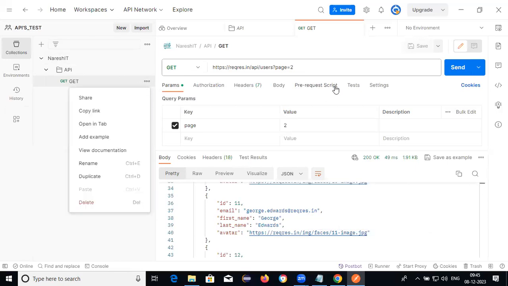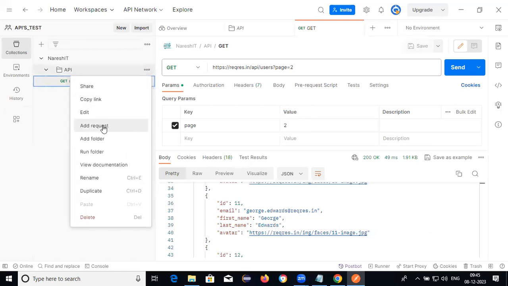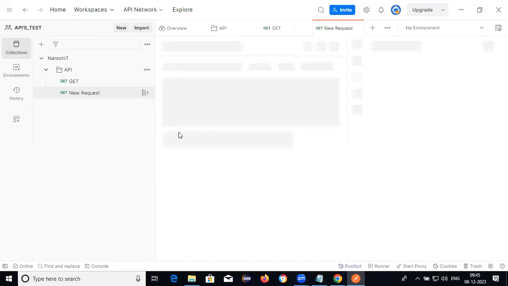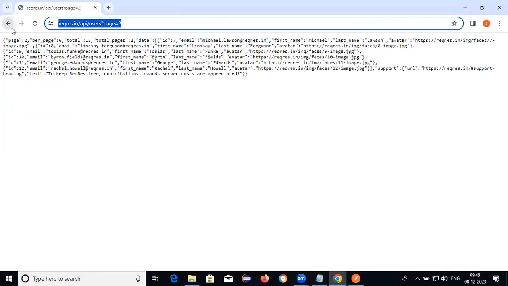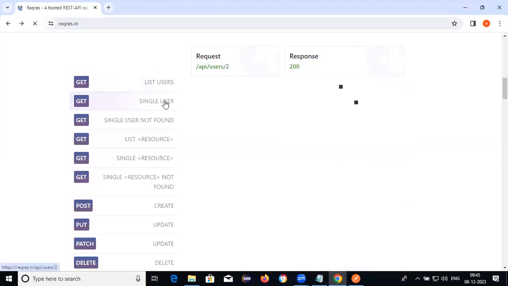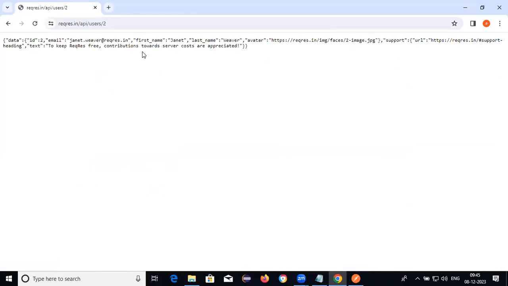Now GET is completed. I want to get a single employee. If I want to get the single employee, go to the API, see single user. Which user do I want to get?